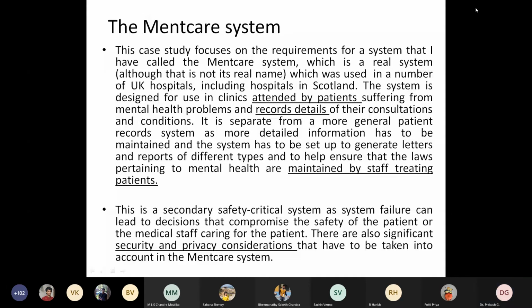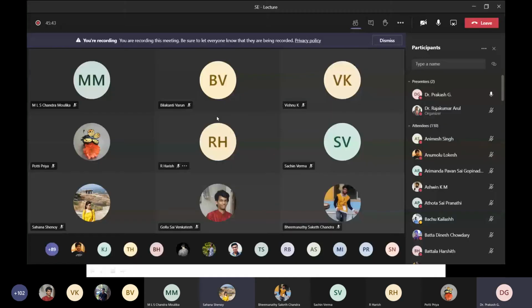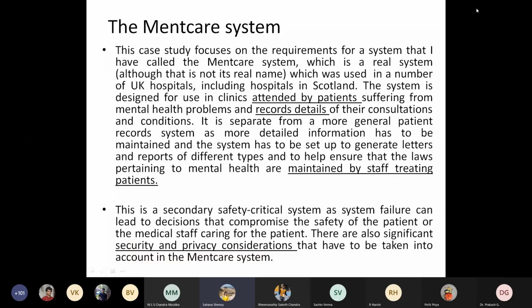Saganava? Yes, sir. Yeah, please tell me. It basically tells how important maintaining proper records is. Because if the records are not maintained properly, they might end up giving the treatment for some other patient's problem, and then it will be a problem for the patient and the staff as well. Very good. You just caught the actual objective.